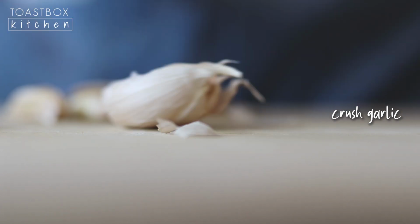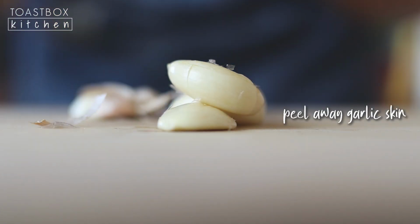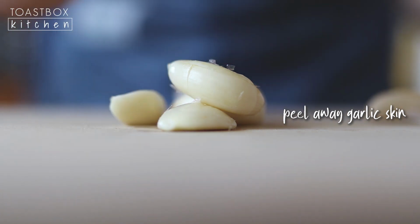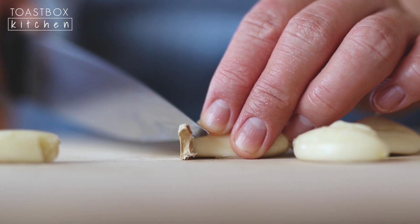We're going to be mincing our garlic for this recipe, so go ahead and prep that. The amount of garlic you use is totally up to you. Normally people recommend 2 to 4 cloves, but I love garlic, so I'm going to put in around 3/4 of